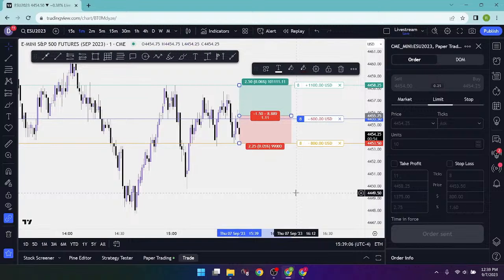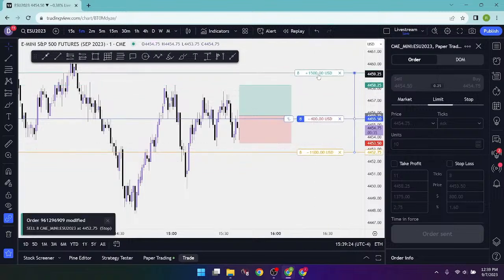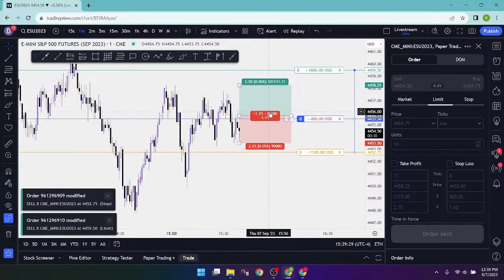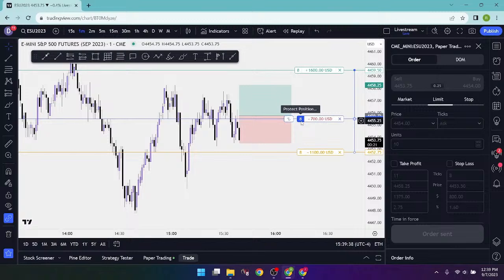You access the paper trading, you get a data feed, and then once you have your data feed in place, you are able to get in and live trade futures using the paper trading account. And I've shown you how to use the position tool for risk management, how to drag and drop your stop loss around, for example, and your take profit so that you can set those to the appropriate locations where you want, how to use the position tool in order to be able to place your trades here in TradingView with the appropriate number of contracts that you want, depending on your exact risk